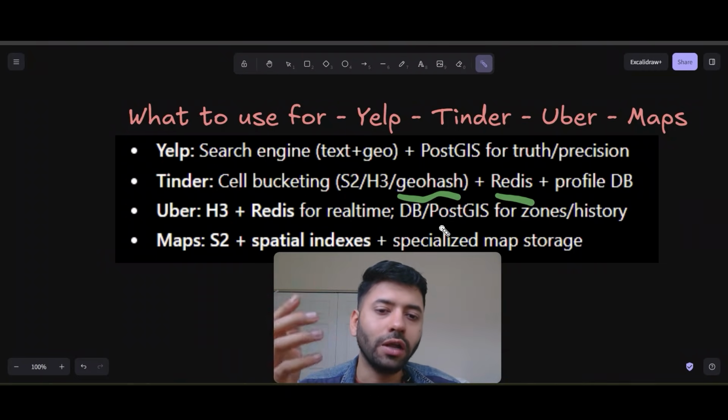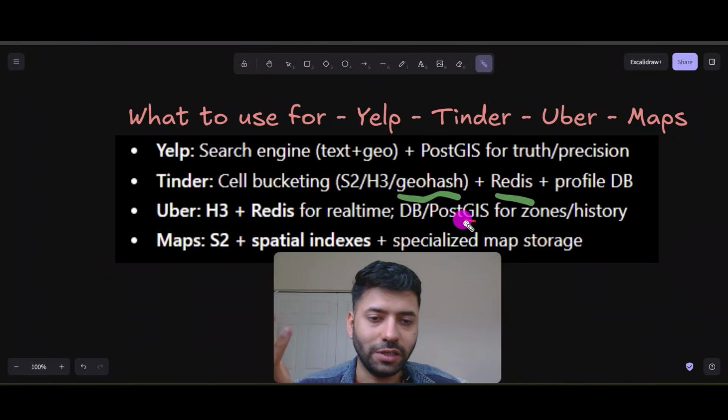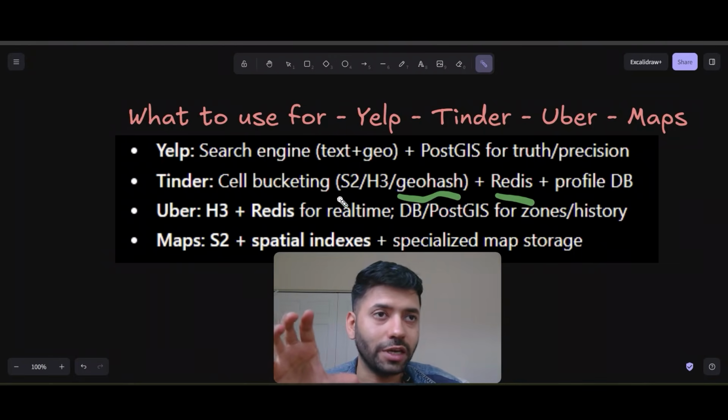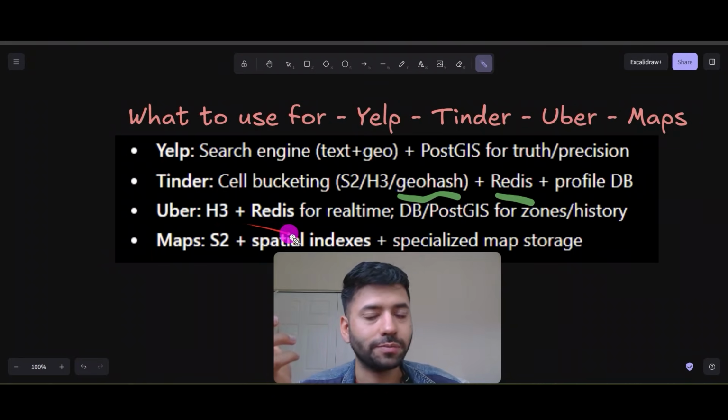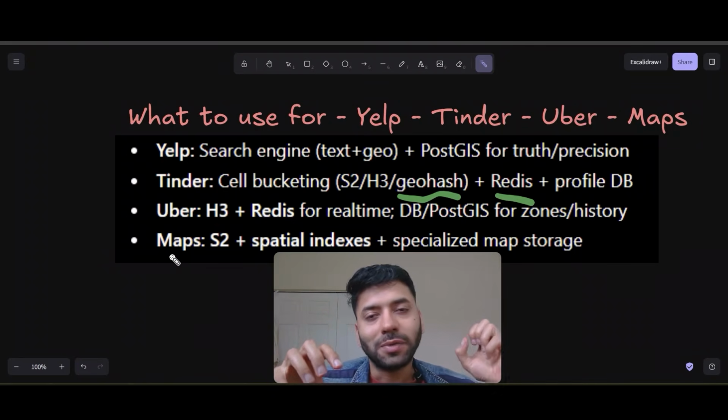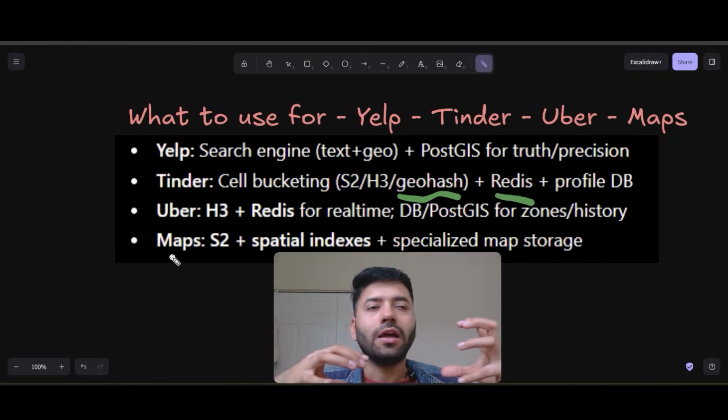And of course the overall database that you need to use, you can use database spatial indexes, so you can use PostGIS. Okay, but overall if we see which library or which thing we are using here, we'll go with H3 plus Redis. Next, when we talk about Google Maps, again for this, Google has specifically or officially created its S2 library,